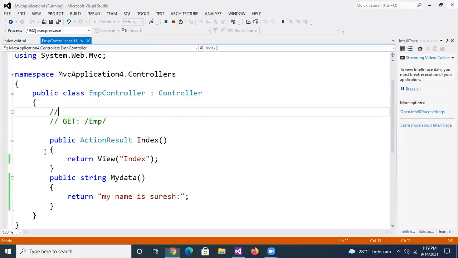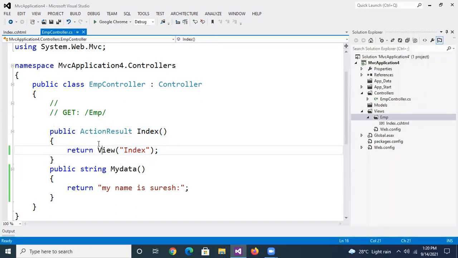handler. Now, in this program, I used only the method, but I did not write any code in it. That means I did not use any data here. Now I want to use some data. So how to pass the data using the view? Now observe here, I'm writing some string data in the action result method,